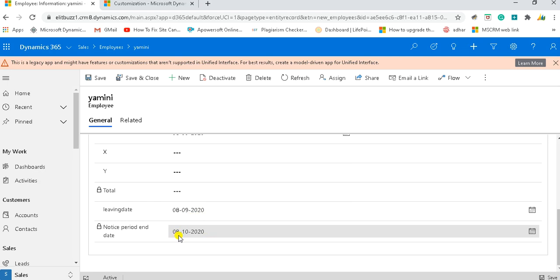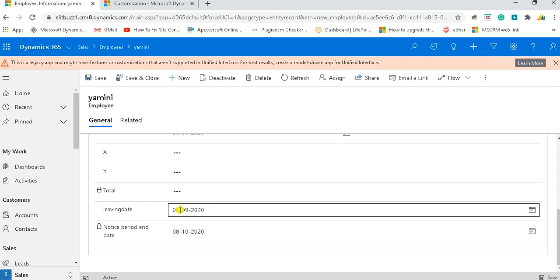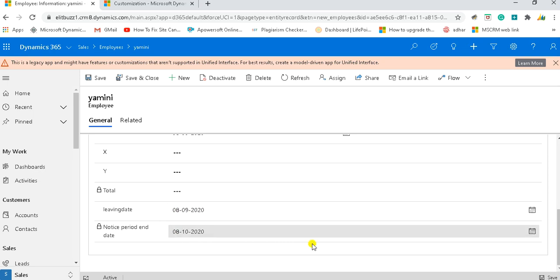But you can see it is showing me 8/10/2020, meaning 30 days are added to it. But to reflect this change, we need to save our record. Then only the notice period end date calculated field will show the result. So it totally depends on the requirement when we have to use a calculated field.